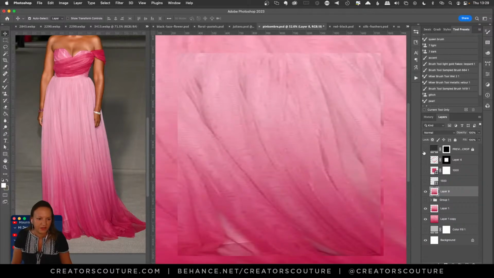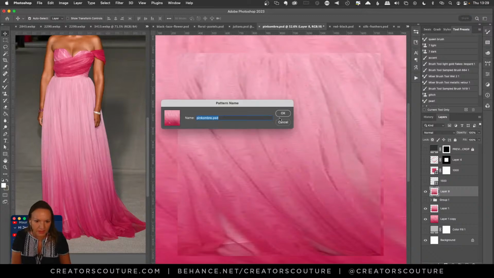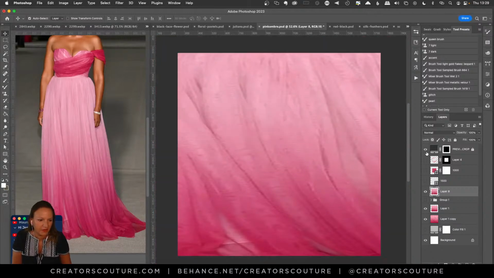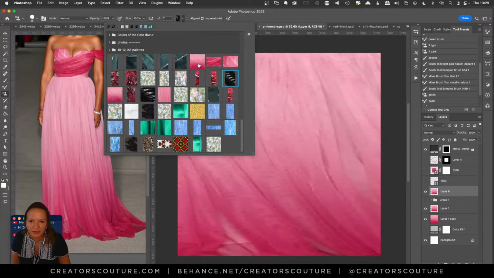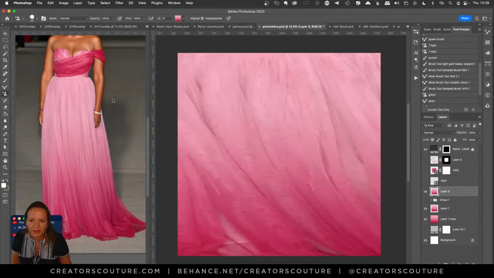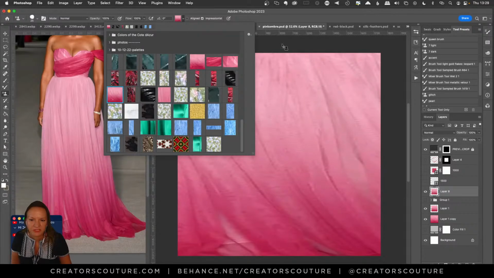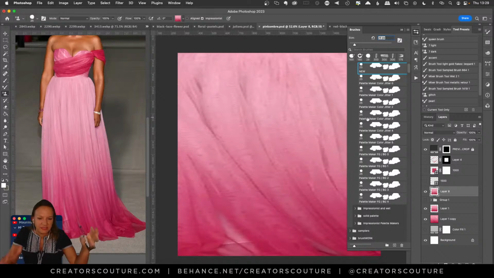And now I can go to, oh, and I have a little cropped situation going off here, but I go to Edit, Define Pattern, and click OK. And now whenever I take one of my color blending brushes, using my pattern stamp technique, and I pick the color palette that we just made, it's going to keep all the pink and the ombre effect in relation to each other.